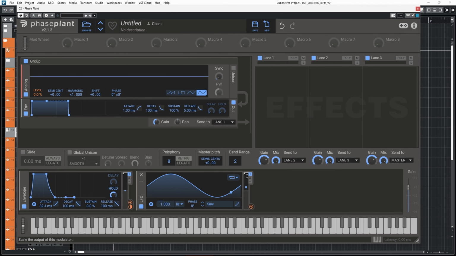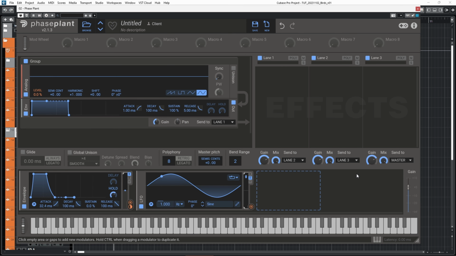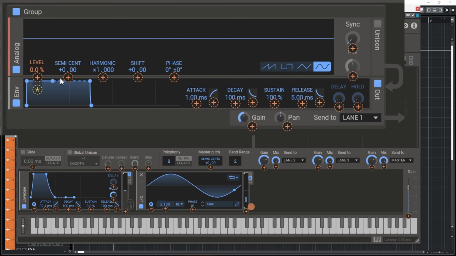Let's set its output range to bipolar instead of unipolar, so it goes from -1 to 1 instead of 0 to 1. Let's make it slightly faster. We can now use that LFO to modulate several parameters on the oscillator. The pitch transposition expressed in semitones,